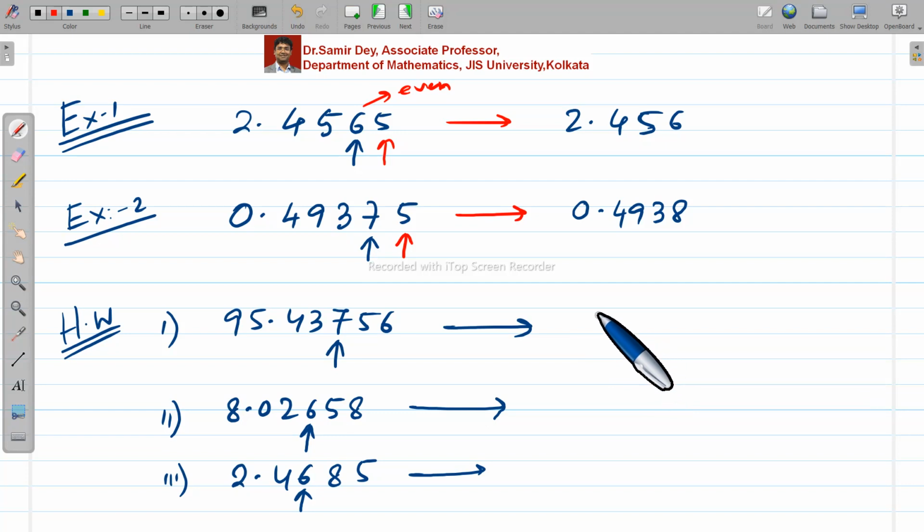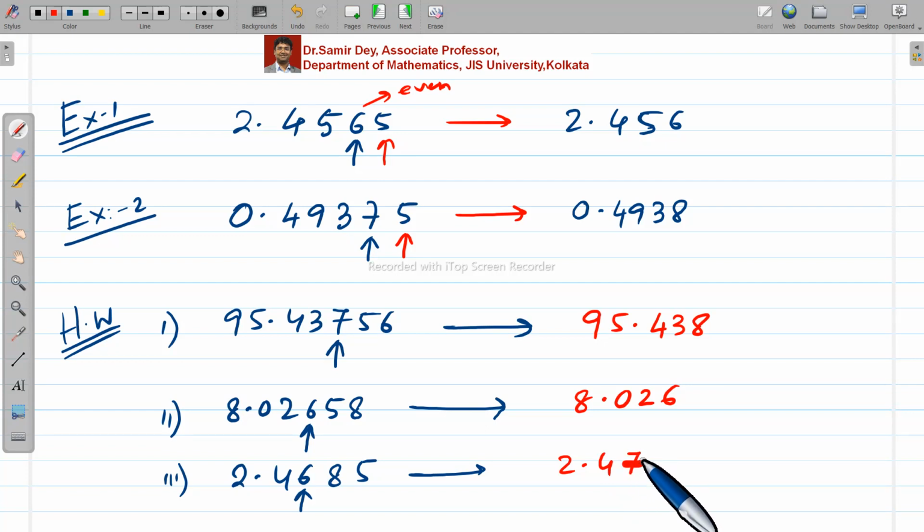So your answer will be 95438, and here it will be 8.026, and here it will be 2.47. Okay, if it is correct,